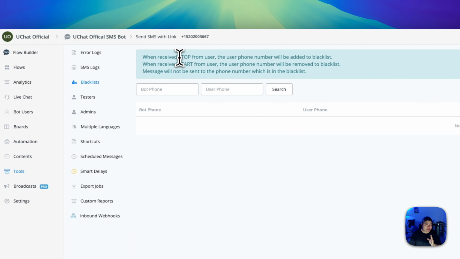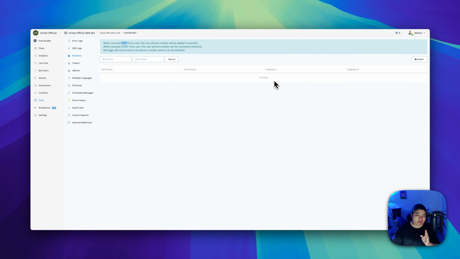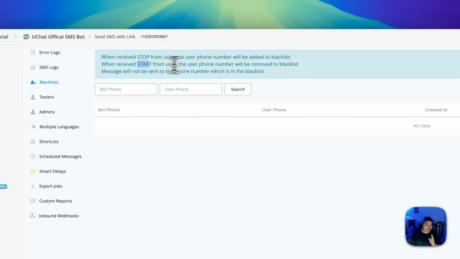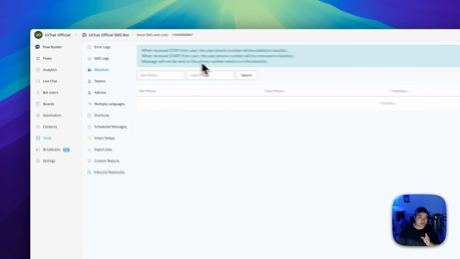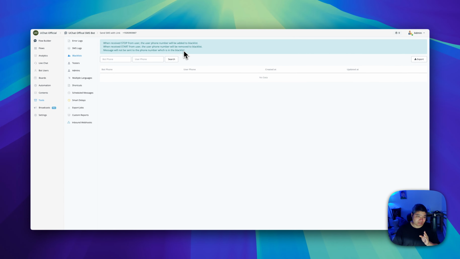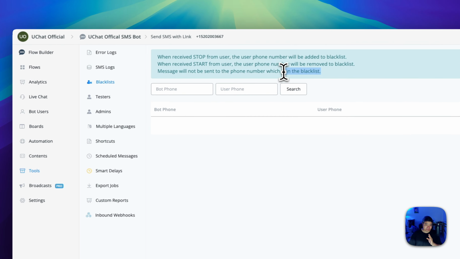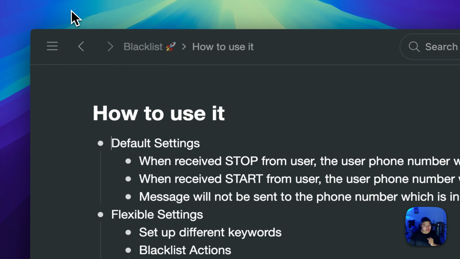If we receive the keyword stop from the user's phone number, it will be added in here. If we receive start from the user, they will be removed from the blacklist. Messages will not be sent to phone numbers that are in the blacklist. That's the default